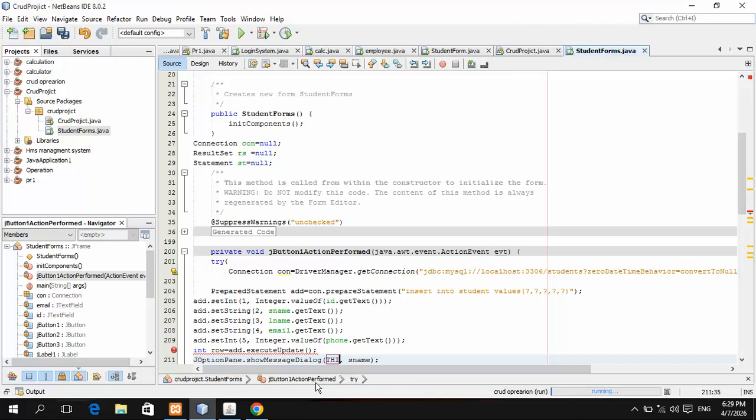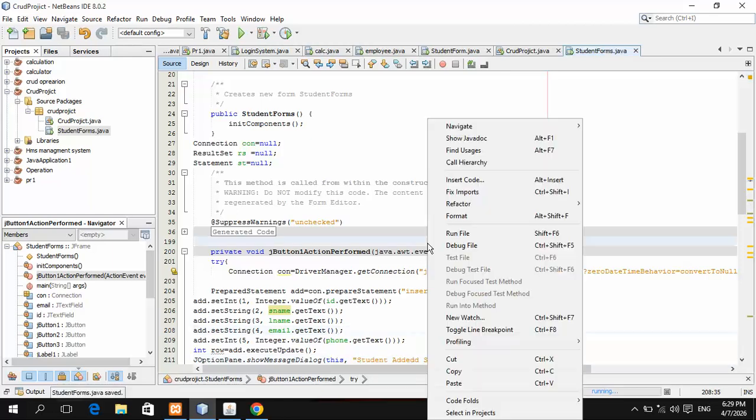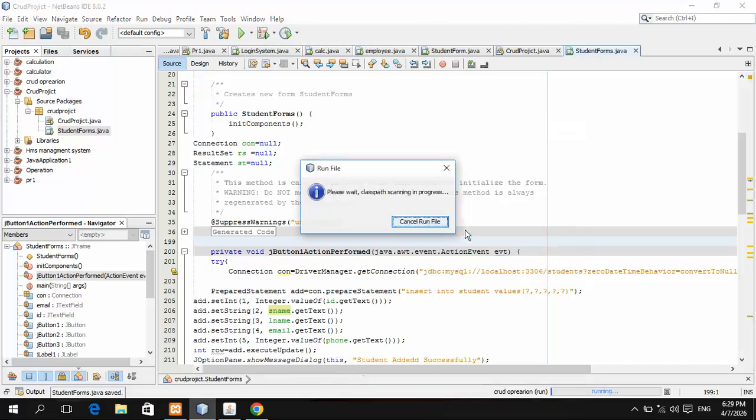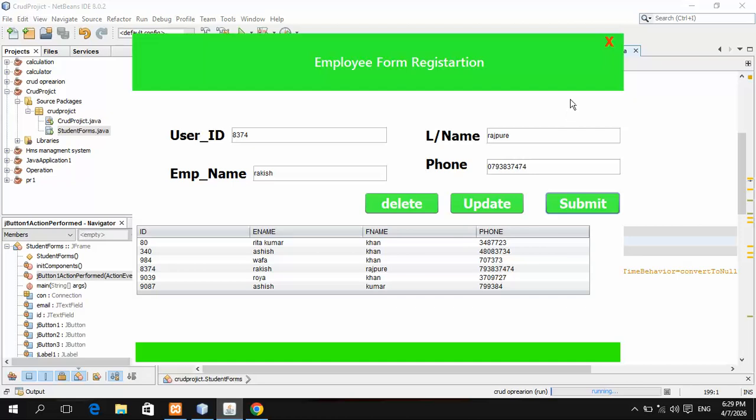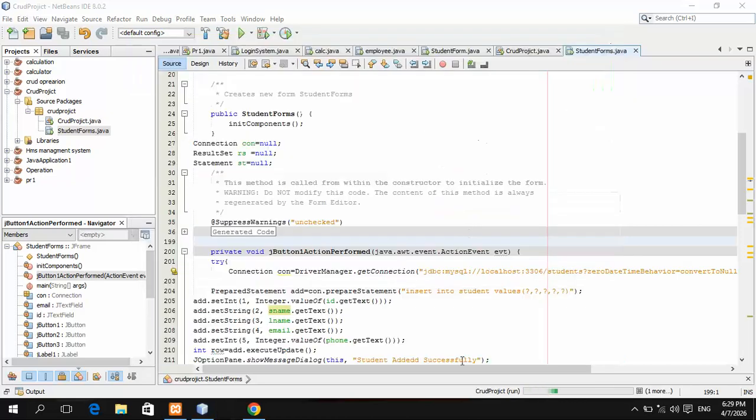In here write, for example, this, and here I will write, for example, student added successfully. So hold Ctrl plus S and run the project. Right click, go to run the file. We will see the result.